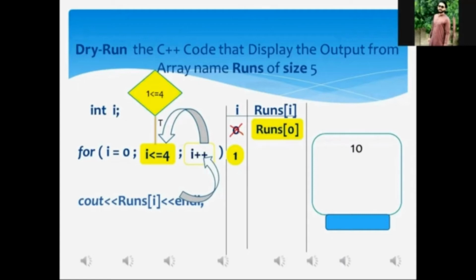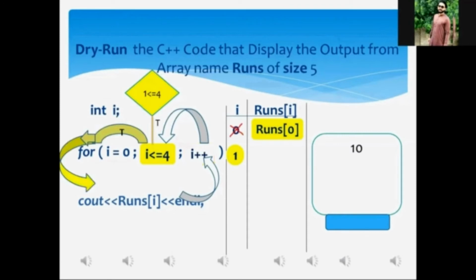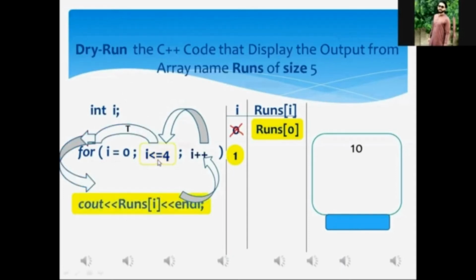When the condition expression within the for loop statement is true, the control of execution will be shifted to the for loop associated statement, that is the cout statement. Did you get it, Mr. Aftab? Yes, sir. Now the control of execution has been transferred to the cout statement. You can watch that the cout statement has been highlighted. Okay, my dear? Yes, sir.